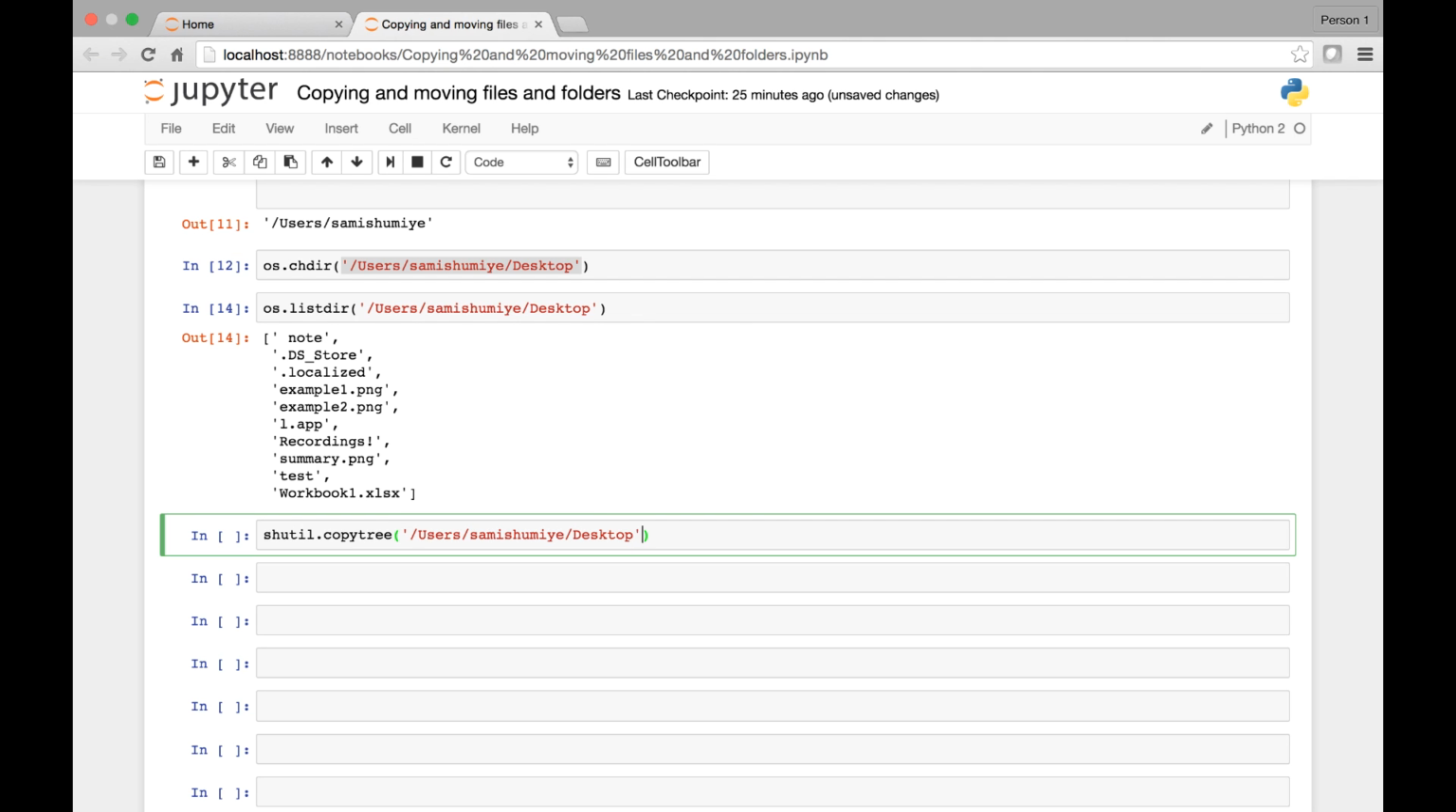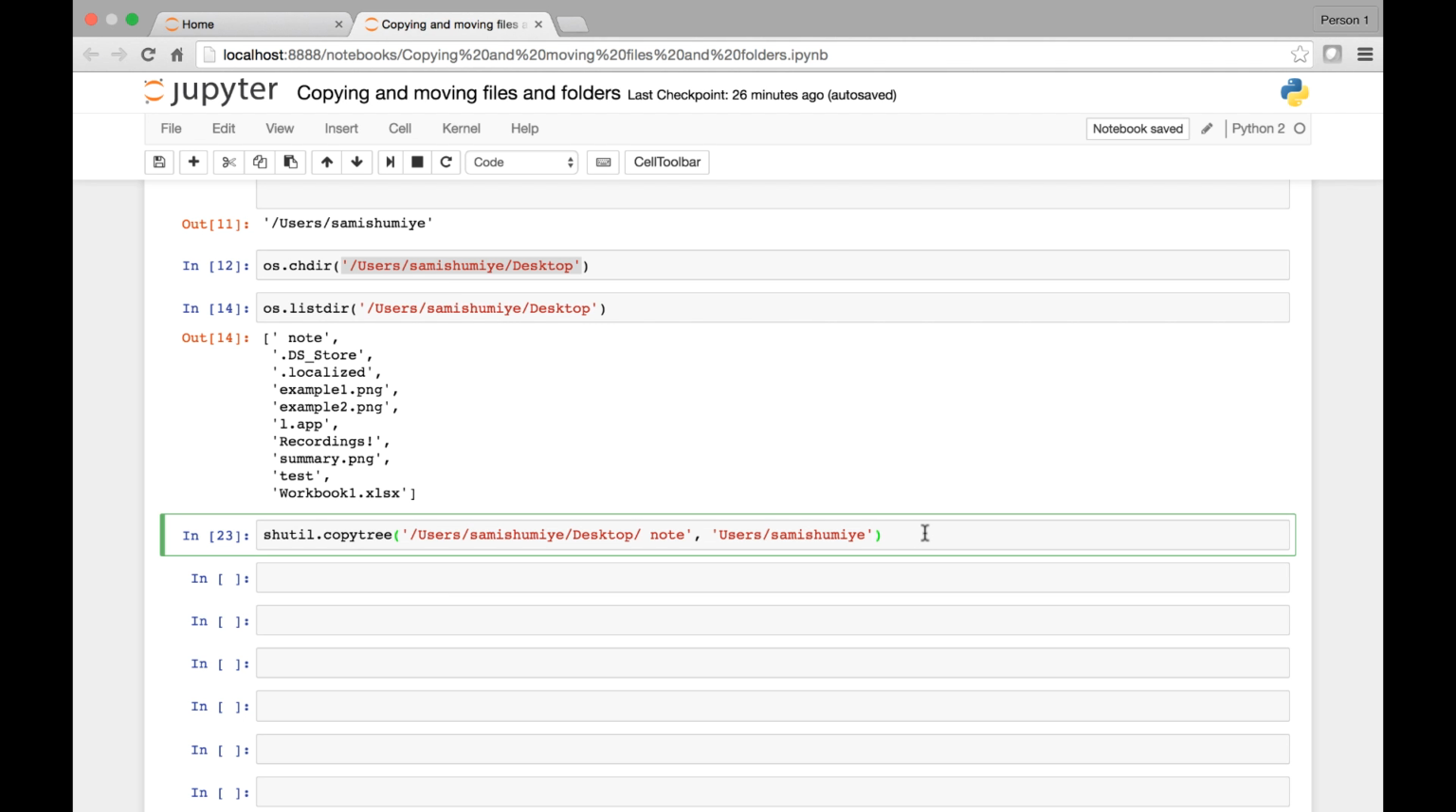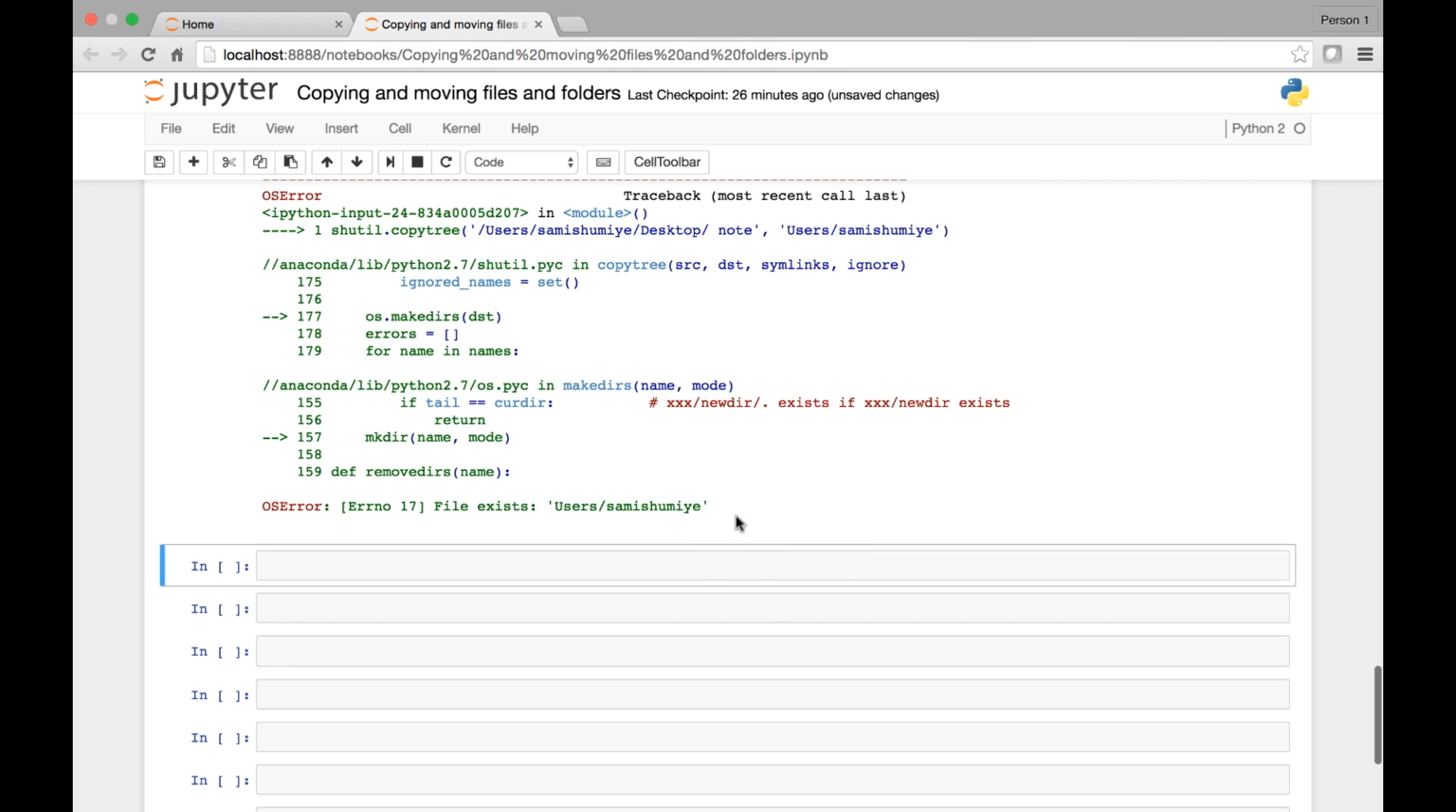then the file path slash our folder, and the destination path, users slash Sami Shumiye, and the destination folder users Sami Shumiye. Okay, let's run it. Okay, so